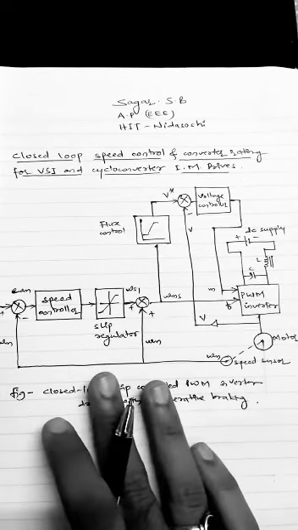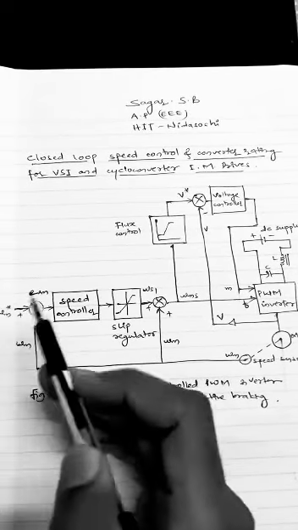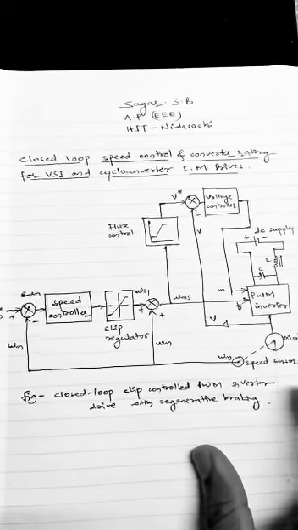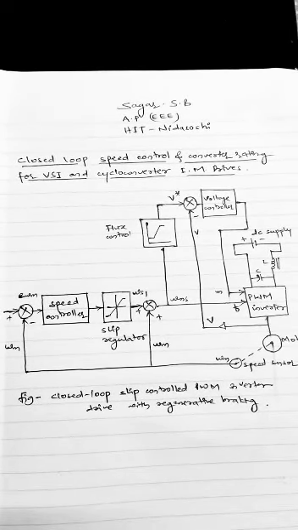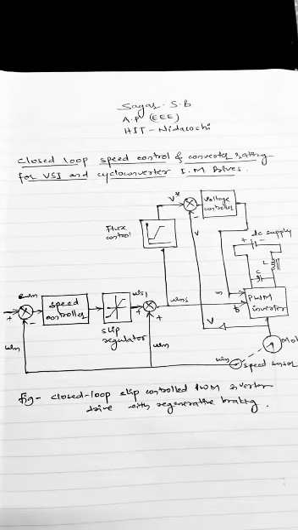Say there is a step increase in speed command omega m. This produces a positive speed error. The slip speed command, that is omega s1, is set at a maximum value now, and the drive accelerates at the maximum permissible inverter current, which produces the maximum available torque until the speed error is reduced to a very small value. The drive finally settles at a slip speed for which the motor torque balances the load torque.